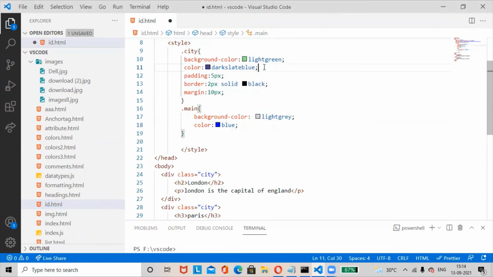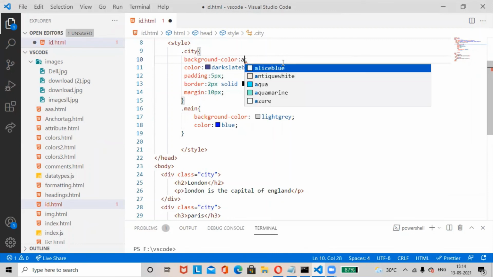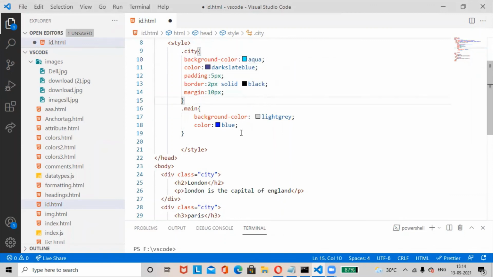Okay, here change the, for city class also change the background color as aqua. Okay,